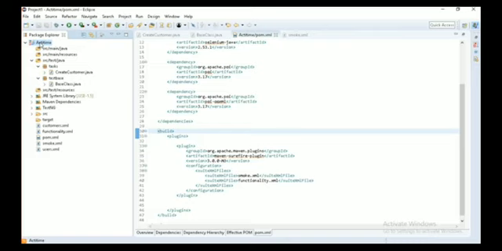Maven is a dependency management tool from Apache, which can help us manage the